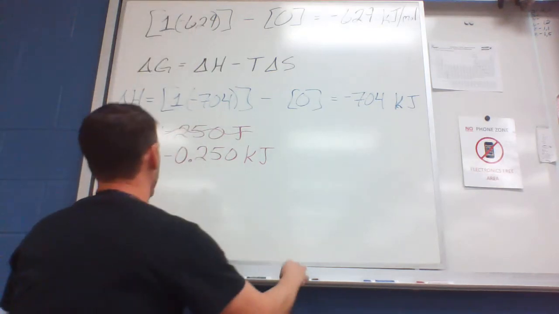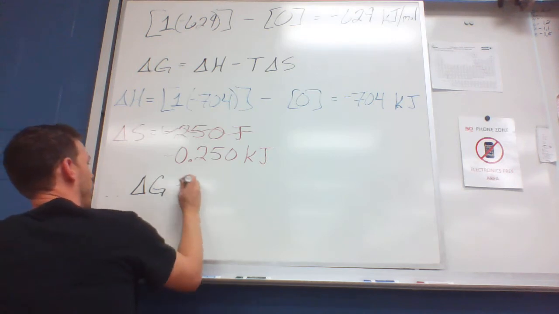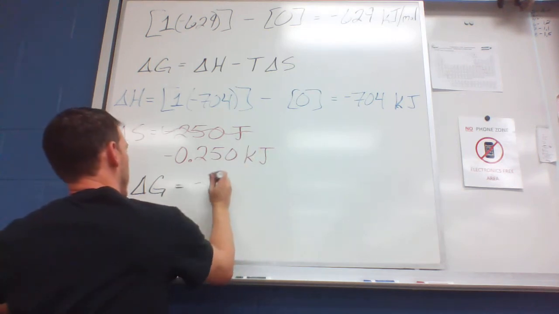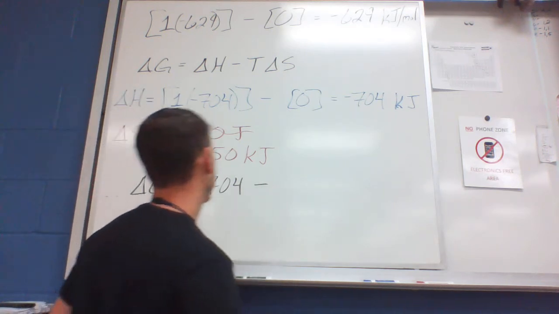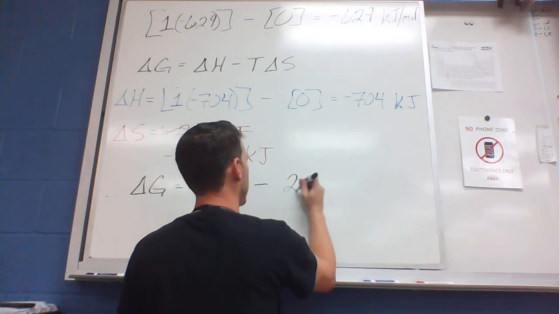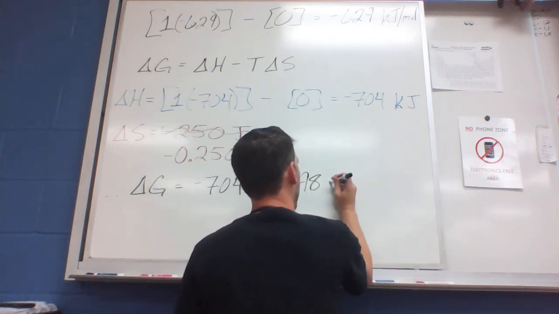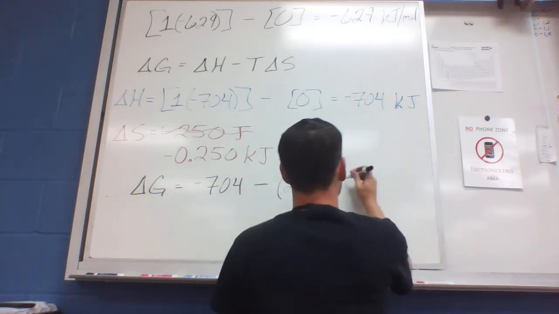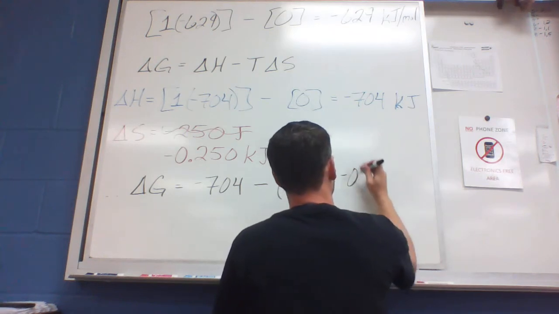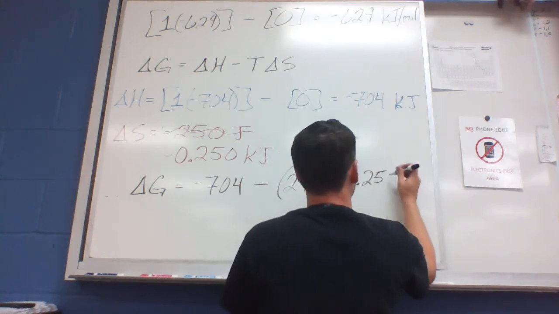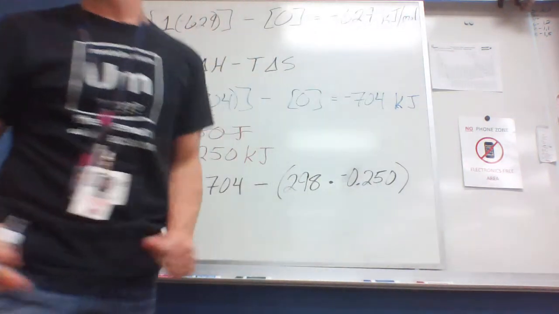Now we can plug, chug, and smile to find my Gibbs free energy. We're going to take the enthalpy of negative 704, we're Ghetto Homie-ing now, minus my temperature of 298, because you see that knot there that makes it standard, times my negative 0.250 entropy. And I'll give you a moment to beat me to the answer.